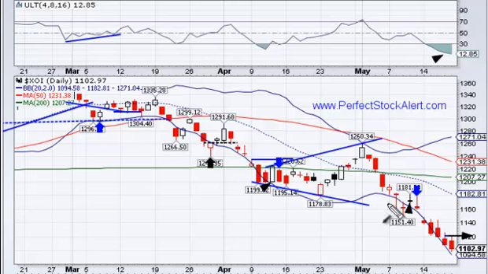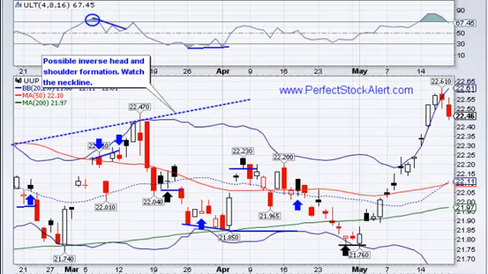The UUP, or the US Dollar Bullish Index Fund, this one is actually a very interesting chart. We actually saw the reversal happen, but we got stopped out before we could take advantage of this. You notice we fell a little bit lower than our entry point there, and that stopped us out. And then she takes this major move to the upside. There have been 12 consecutive days, count them 1, 2, 3, with higher closes than the previous day. This is a monster move to the upside here.